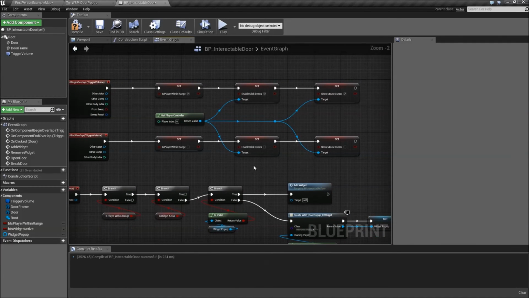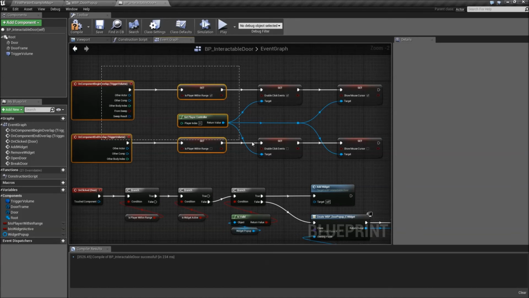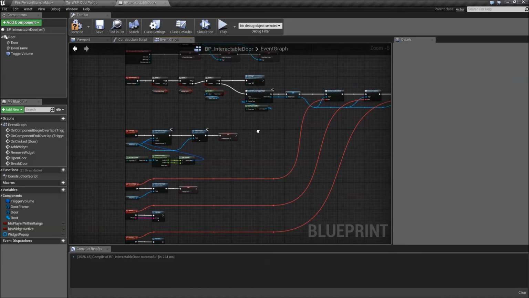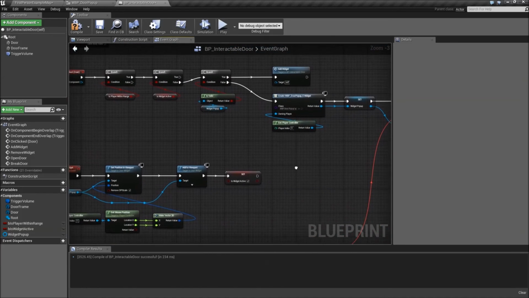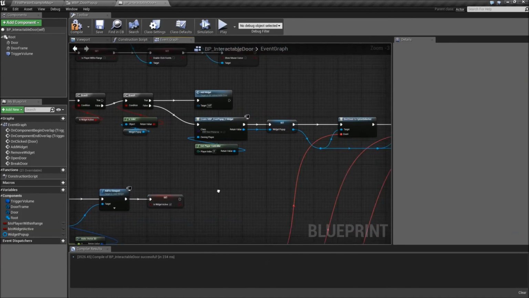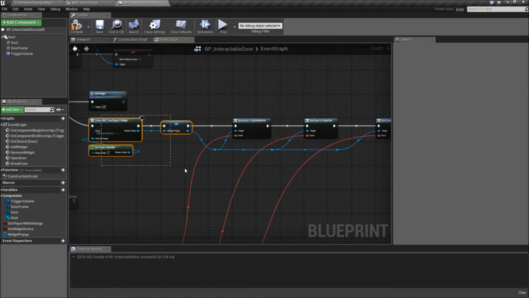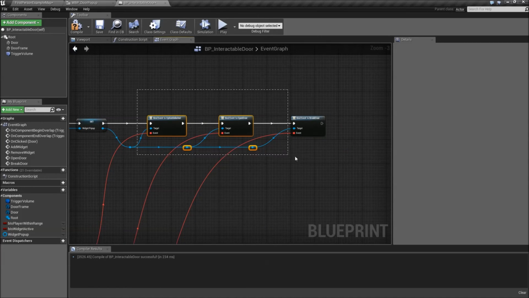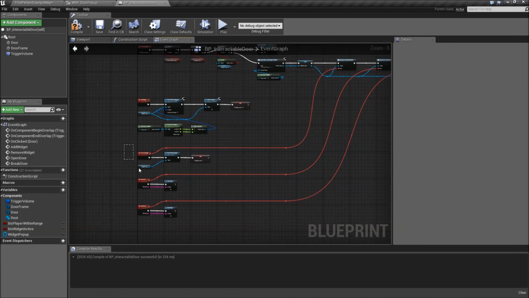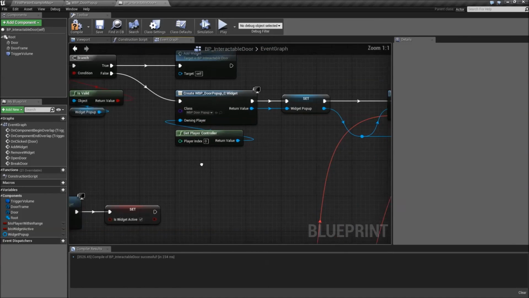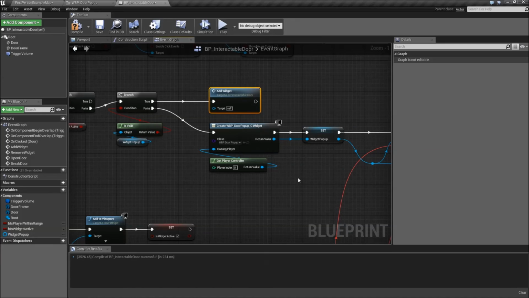And that should be it for our overlapping of our volume. And lastly, before we test out what we've done so far, we need to follow our chain here after we've created our widget and bound our event dispatchers to our custom events that we've created down here to execute our logic to start opening the door or breaking it. We then need to add the widget to the viewport,